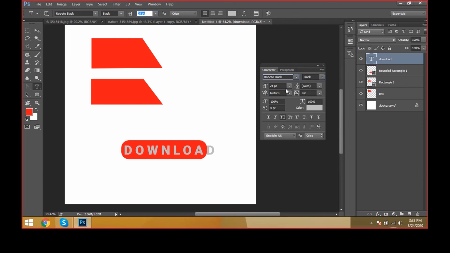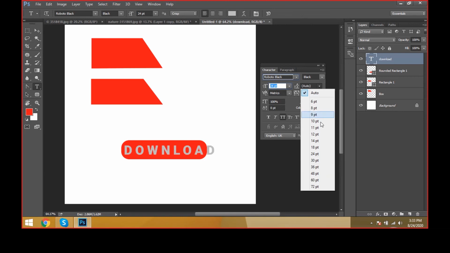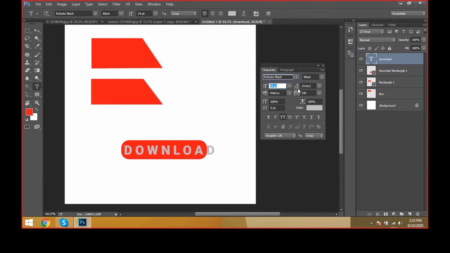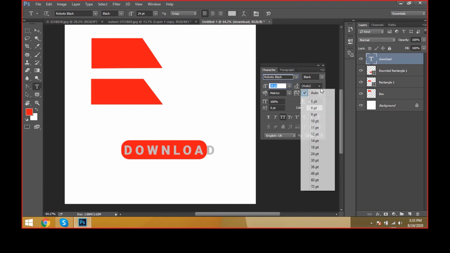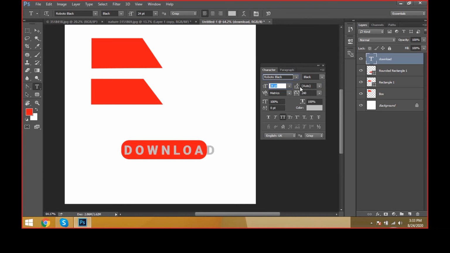These are the font styles. And what is the size here? You can take the size here. And here we can see the line to line spacing that we call leading, sorry. Here we have line to line spacing that we call leading. And here we have the character spacing that we call tracking. It is 240 points for the tracking area, like character spacing. I'm keeping it 0. Select the text layer and keep it 0. See, now it has taken 0.